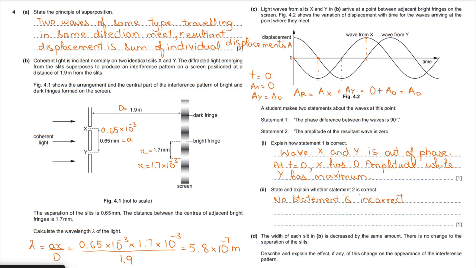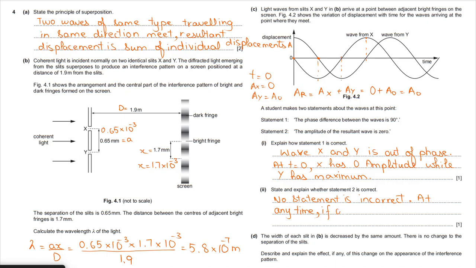For that they need to have amplitudes which are equal and in opposite direction, but that's not the case. ठीक है, so you can write at any instant, at any time,